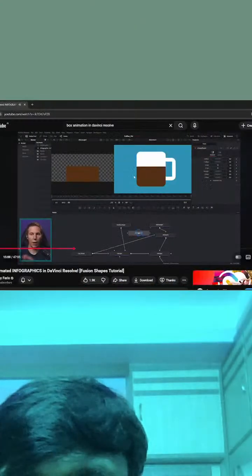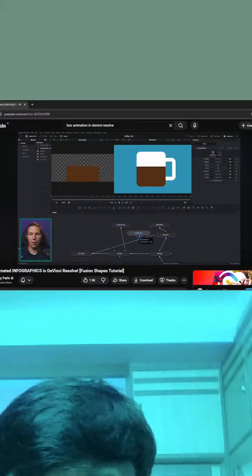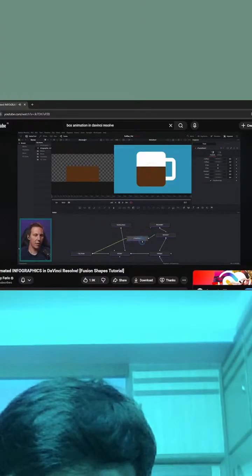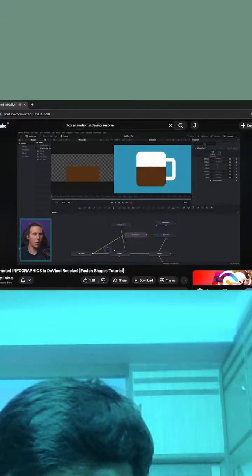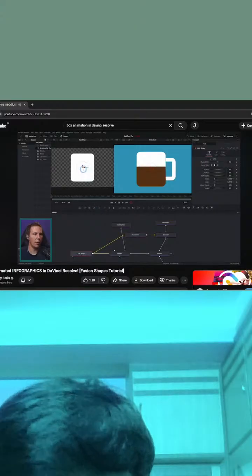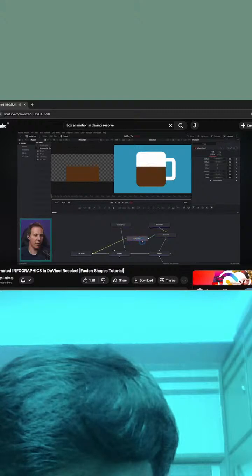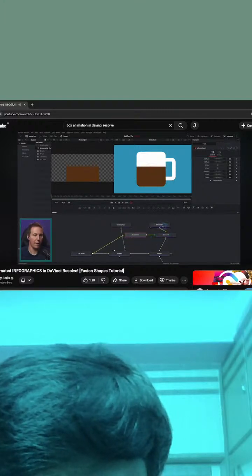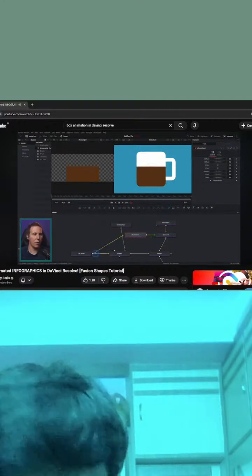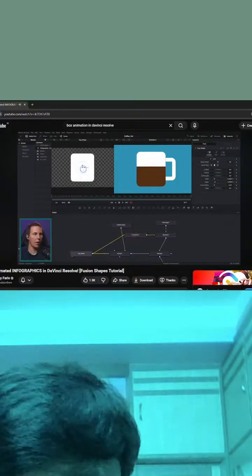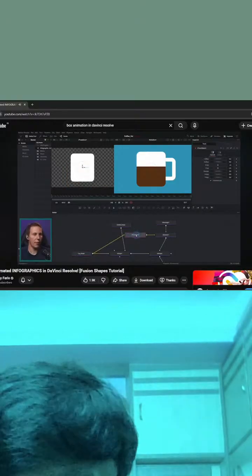And this works just like a regular transform node, except it's in the shape world. It's in pretend world, right? So let's hold shift and drag this down here before this S Boolean. And look at this. Now it's going to run this cup shape over here through a transform before it cuts